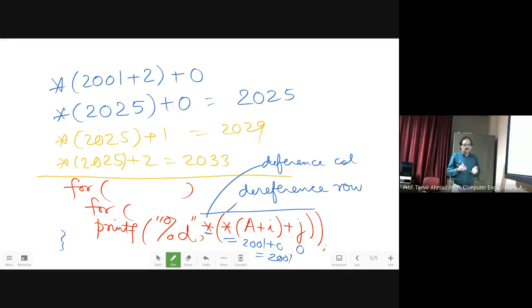That means I am using this to declare a two-dimensional array as a pointer, then reading the array as a pointer, and then printing it as a pointer. Therefore, there is no need to use any array for this. And therefore, this is going to make sure that you are using the pointers over here.